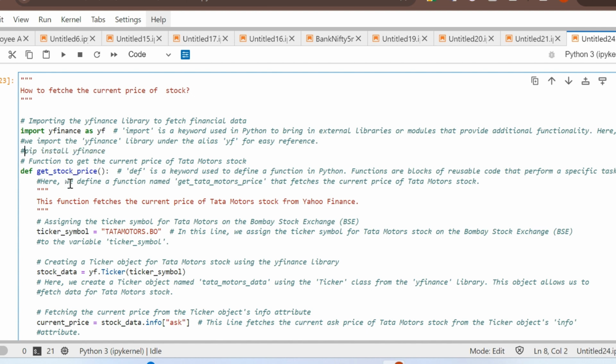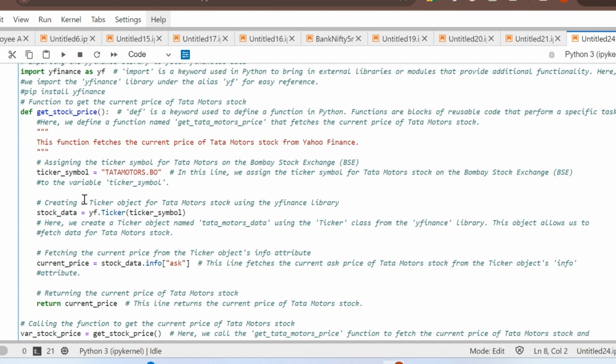And then next we define one function to get the current price of the stock. Here def is a keyword used to define a function in Python. What are functions? Functions are blocks of reusable code that perform a specific task. Okay, here we define the function named get_stock_price. So inside this function